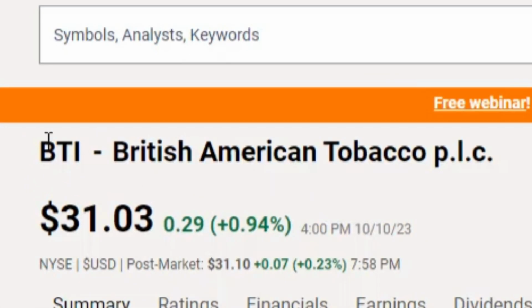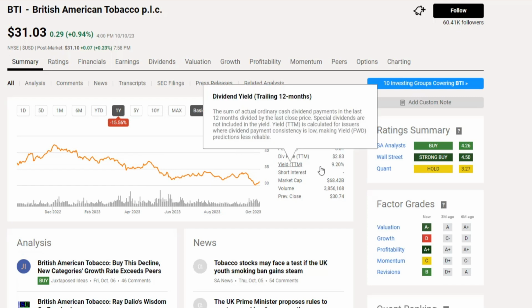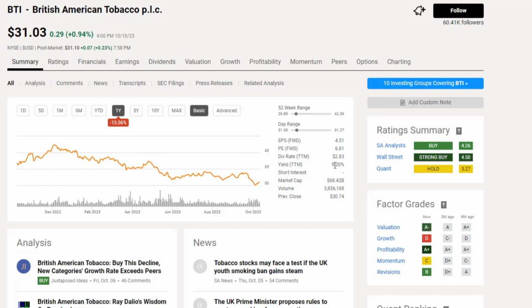Today we are doing ticker symbol BTI, or British American Tobacco. Now BTI over the past year has been down over 15% under price performance, but with that incredible dividend yield of 9.2%, paying out $2.83 per share of BTI owned, and with it getting close to its 52-week range low, with its low being $29.80, I wanted to run BTI through my valuation spreadsheet to see if I can get something close to what the analysts are saying over on Seeking Alpha and